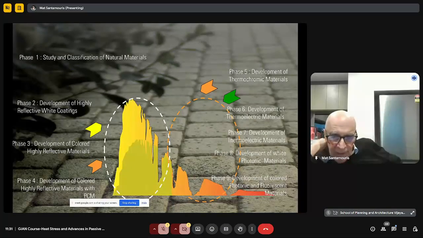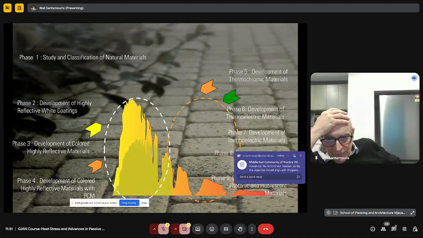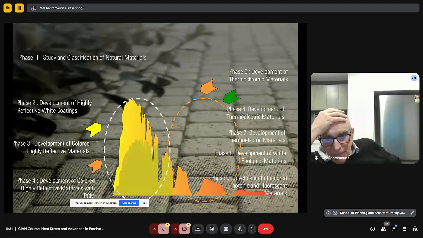And then the real revolution comes, the revolution of the photonic materials, materials which present a very high reflectance and at the same time a very high emittance. These materials present subambient temperatures. How? We will discuss it. They have been developed in the last 10 years, and they allow us now to have subambient temperatures in cities. These materials are commercially available, and they behave like air conditioners without the use of any electricity.